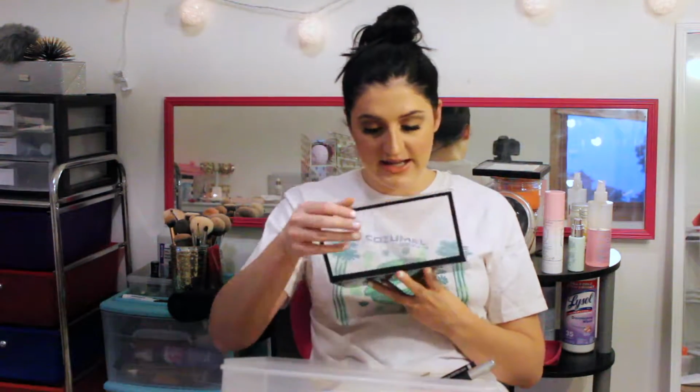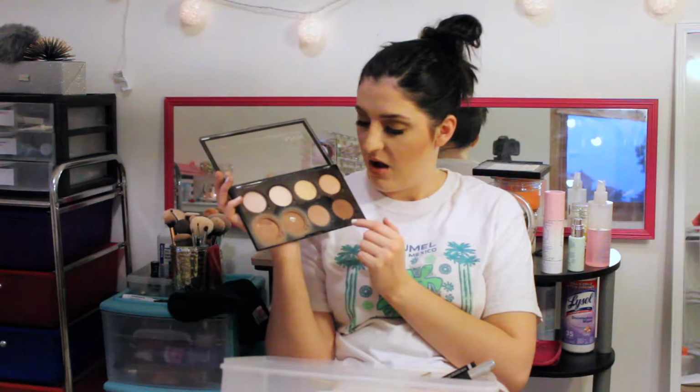The next one is a highlight and contour palette by NYX. So I have used up from it what I'm going to use from it. I like these highlight and contour palettes, and I hate these highlight and contour palettes. I don't know if you guys can see, but all of the residue from the bronzers got into the lighter colors, so I couldn't really even use them. I did use them a little bit, right around the time that I got this palette when there wasn't as much residue in it, and I didn't feel like the